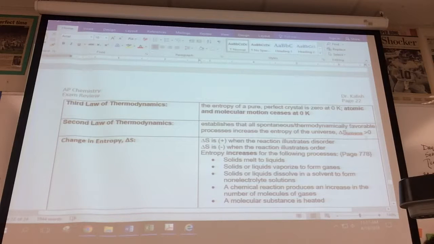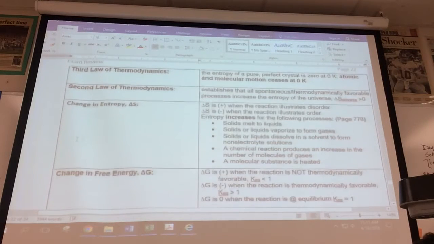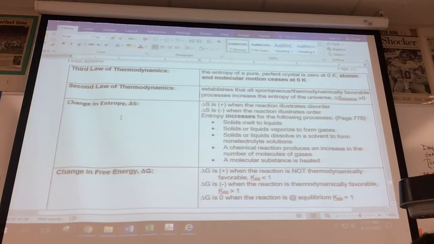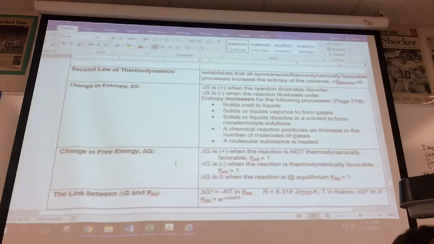So the change in entropy for the universe is going to be greater than 0. In regard to entropy changes, we had indicated that on our diagram. Positive entropy, disorder, negative entropy, order. You'll see an increase in entropy when solids melt, or you get vaporization, dissolving of solids in solvents. Also, when you get an increase in the number of moles of gases, for example,